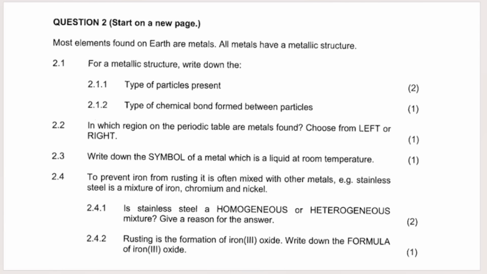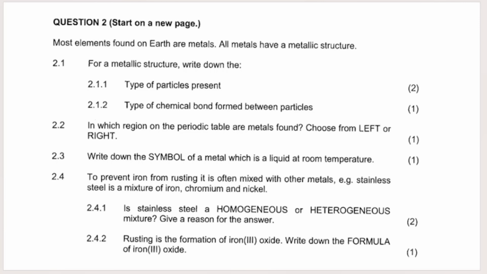Question 2, they say that most elements found on Earth are metals, and all metals have a metallic structure, and we know that that involves metallic bonding. Now 2.1.1 asks us for the type of particles present. So by this we have to refer to the type of particles present in metallic bonding, essentially, that makes up the metal, and that answer is positive ions and delocalized electrons, because remember, the delocalized electrons essentially hold the positive